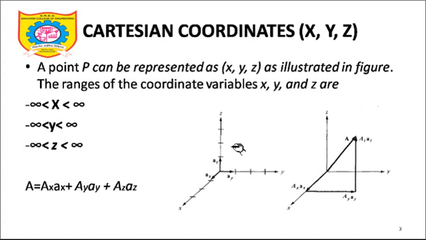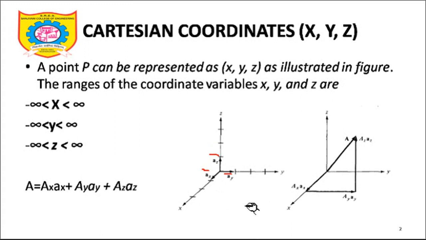So from here onwards our convention will be: the x axis is the axis coming towards you, the y axis is the axis going to the right-hand side of you, and the z axis is going in the upward direction. Now if these three axes are oriented in such a way, there must be certain unit vectors. You already know the concept of unit vector. A unit vector is a vector whose magnitude is 1 and whose direction is along x. So ax bar is the unit vector in the x direction, ay bar is the unit vector in the y direction, and az bar is the unit vector in the z direction. So these are the unit vectors along the respective x, y and z axes.